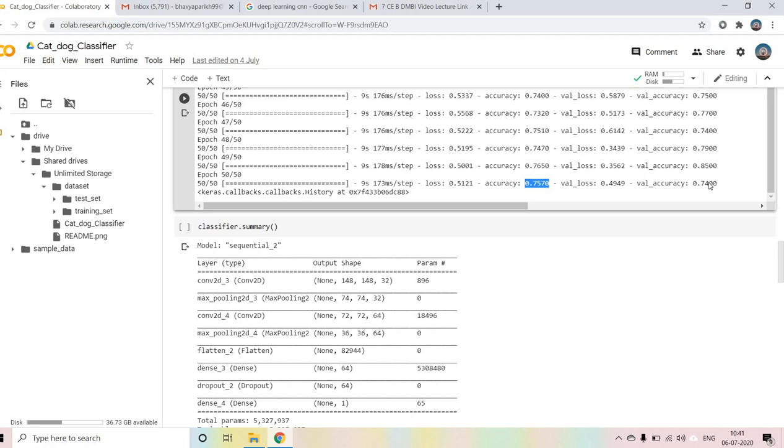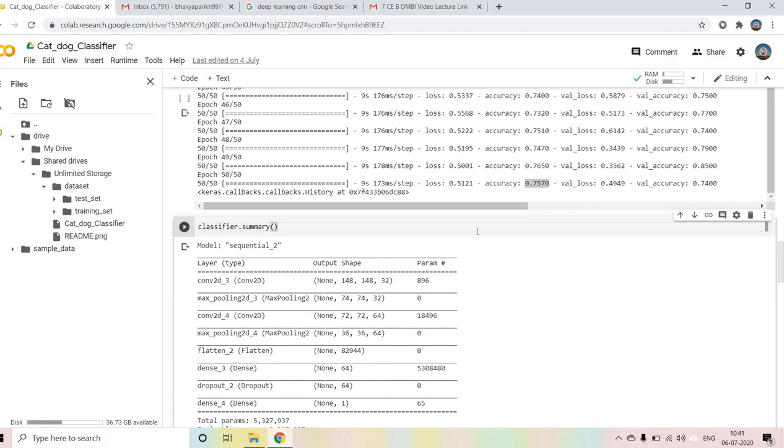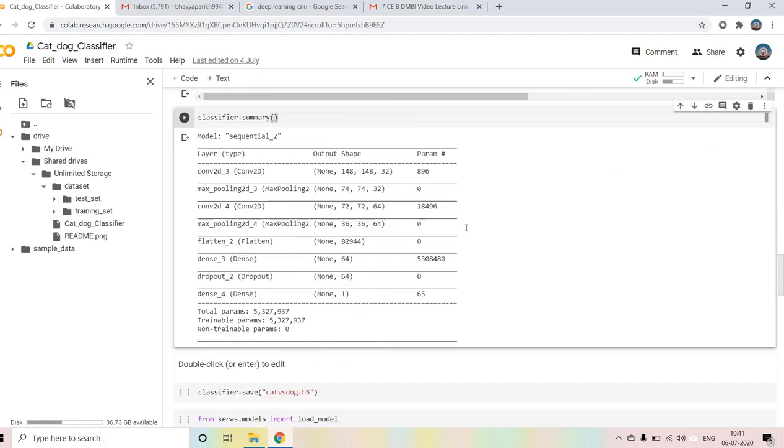If you take more images where the person is holding the cat, it will be confusing for the neural network. That's why, and the accuracy is very good, I can say 75%.